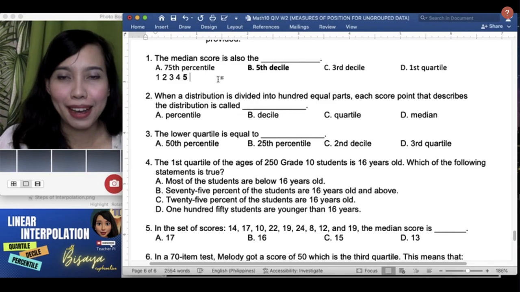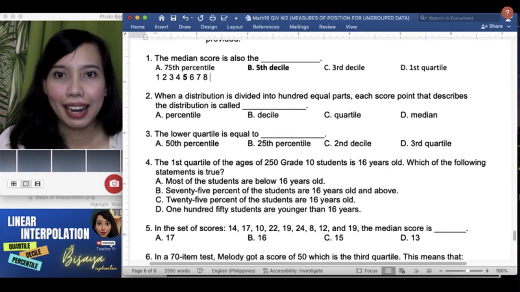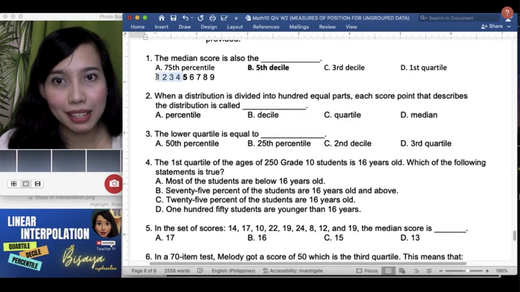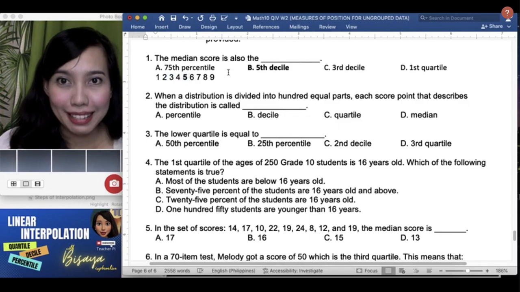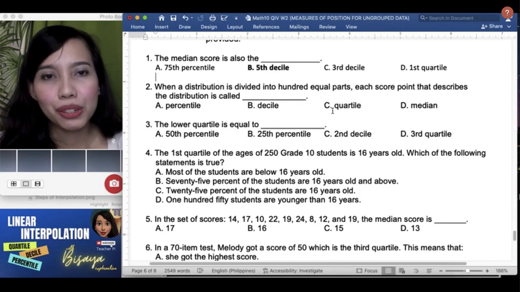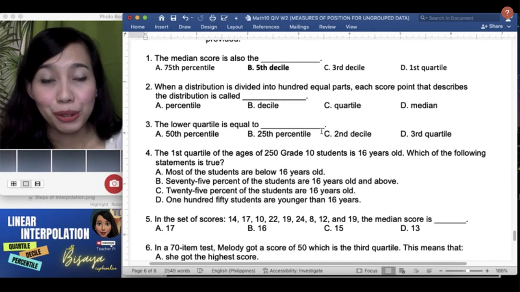The middle is 5: 6, 6, 7, 8, 9. So, four on the right side, four on the left side, the middle is 5. That is the median score. Okay? Number 2. When a distribution is divided into 100 equal parts, each score point that describes the distribution